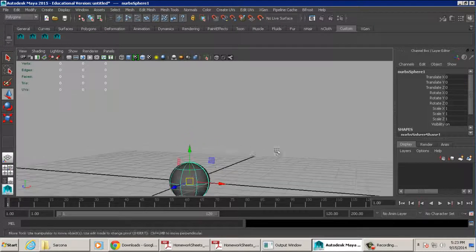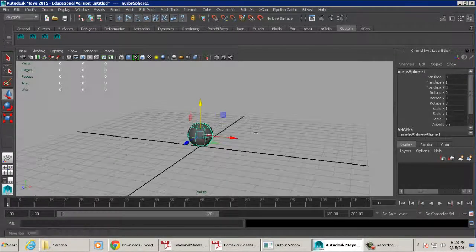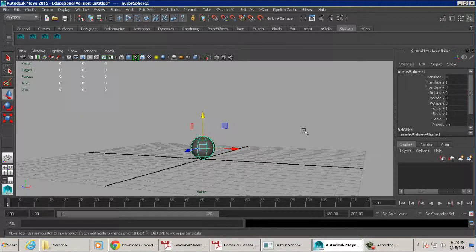And you don't have to follow along with this. I mean, follow along up here, you don't have to actually do it. But I'm going to animate this ball bouncing, okay? And we're going to go over some of the foundational principles that we're going to need for when we do